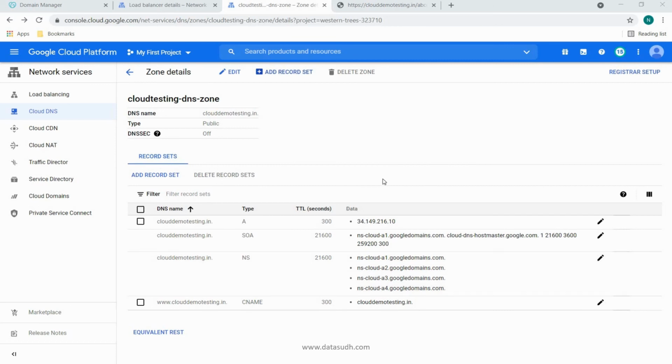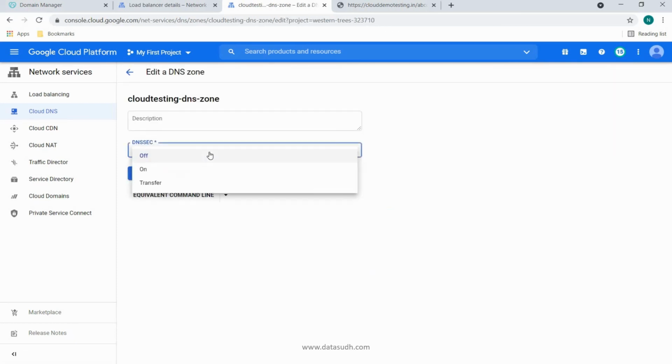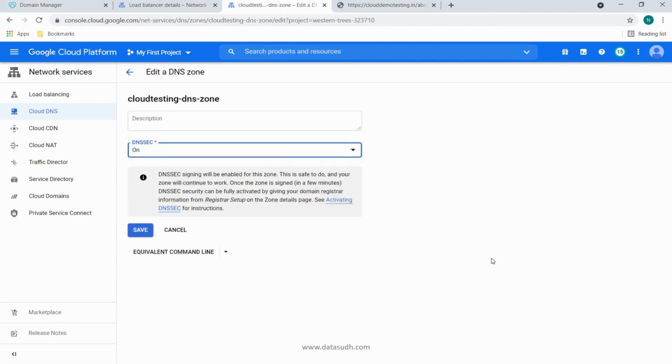Before we conclude this tutorial, let's talk about additional setting of DNS security. So when we set up our DNS zone for this particular tutorial, we went ahead with keeping DNS security as off. But we have an option to keep it as on. So if I go on edit, I can enable this option and I can turn this on. But when I turn this on, it will not start directly working as it is. Just turning this on here in Google Cloud settings does not enable this completely.